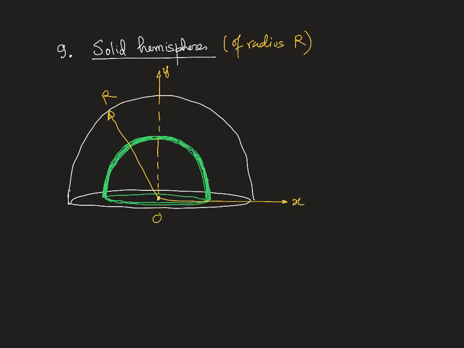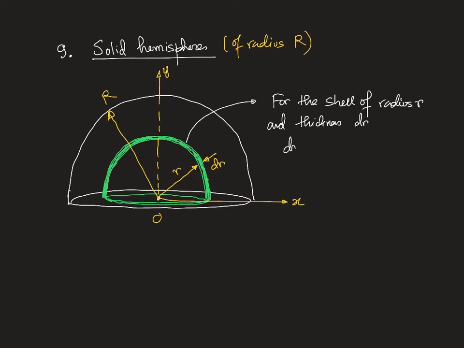Okay, now we divide this solid hemisphere into hemispherical shells of radius r and thickness dr each. So for this hemispherical shell drawn, for the shell of radius r and thickness dr,